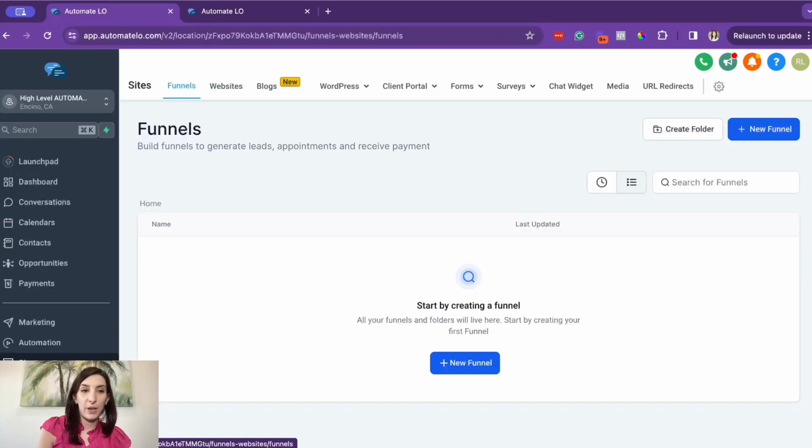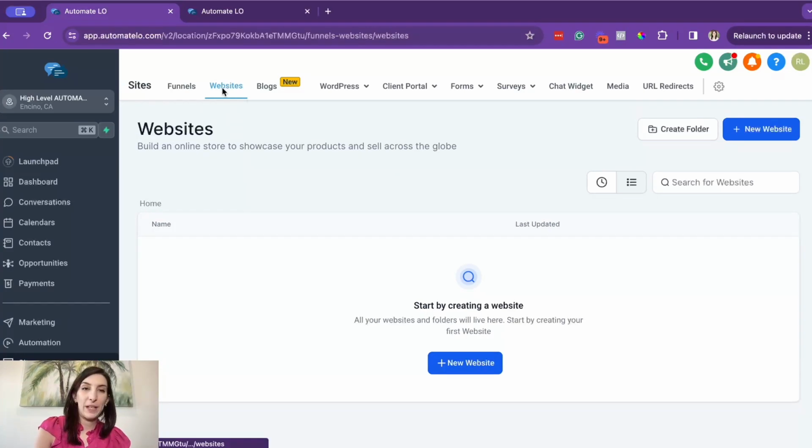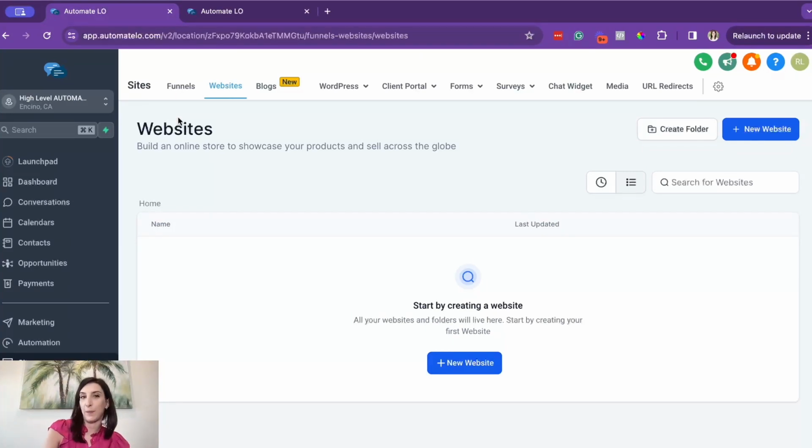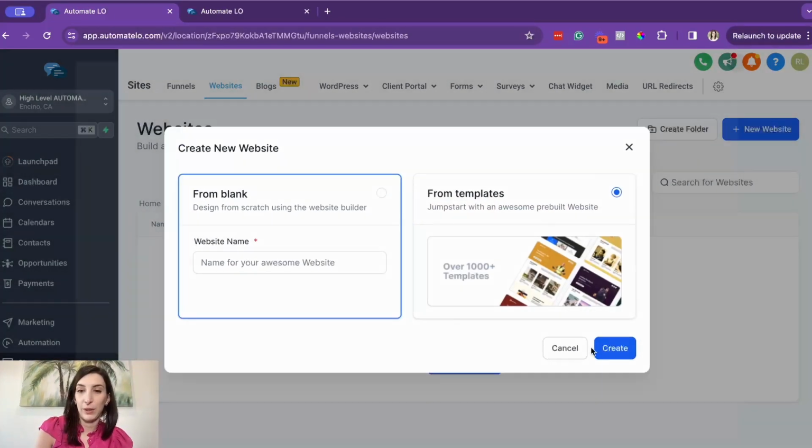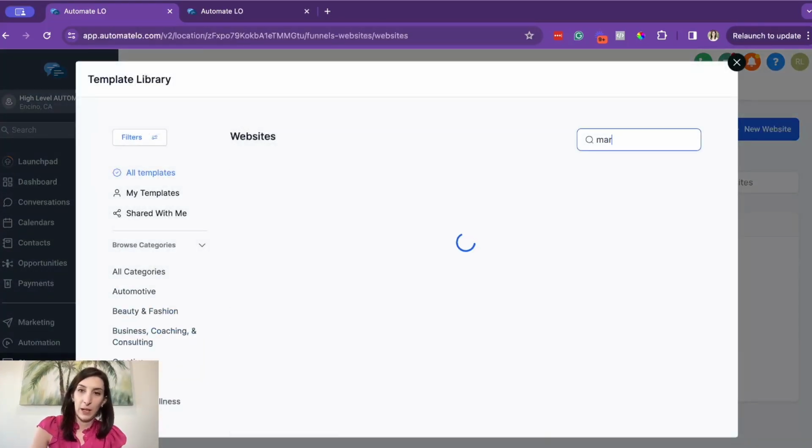So next I want to create a website for the marketing agency so it looks legit. So I'm going to go to sites. I'm going to click websites, not funnels. There are thousands of funnel templates, but I'm going to look at the thousands of website templates. Go to a template. I'm going to type marketing agency,